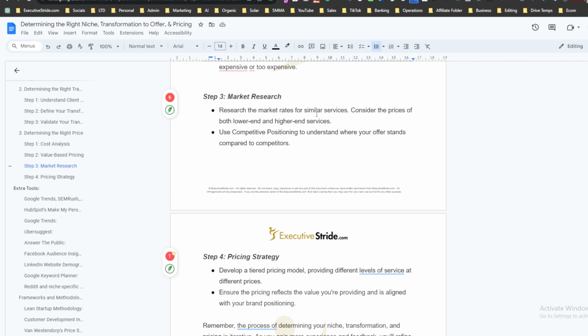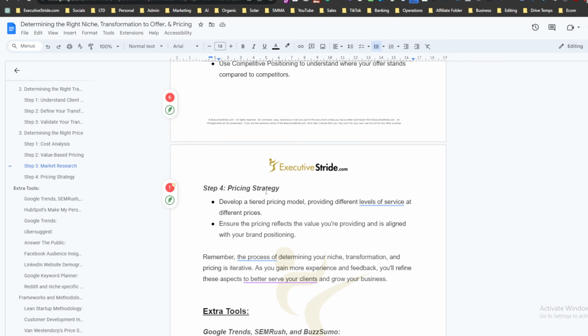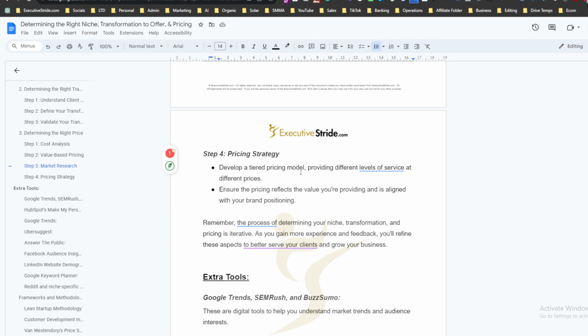All right. Step 3, market research. Research the market's rates for similar services. Consider the prices of both lower end and higher end services. Use competitive positioning to understand where your offer stands compared to competitors. And then step 4, pricing strategy. Develop a tiered pricing model,